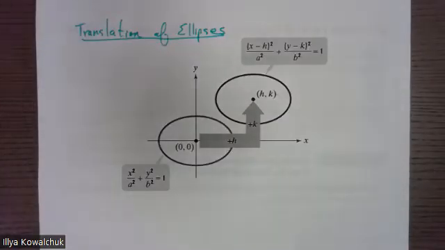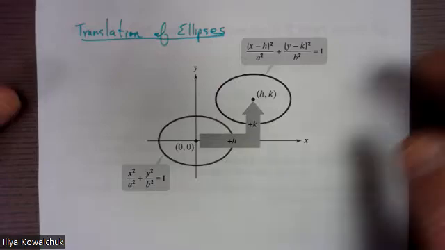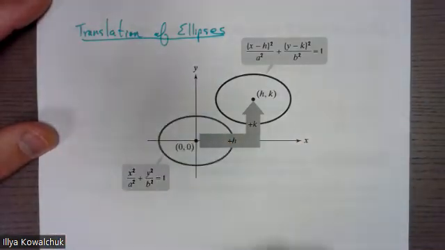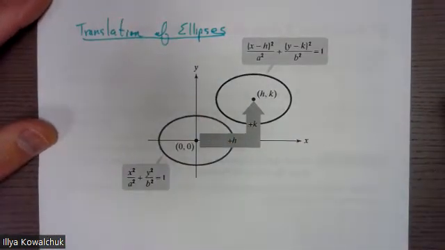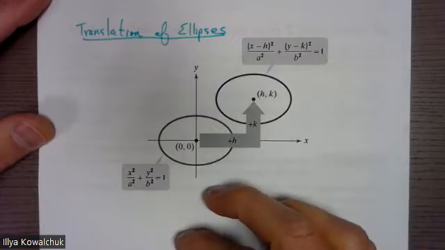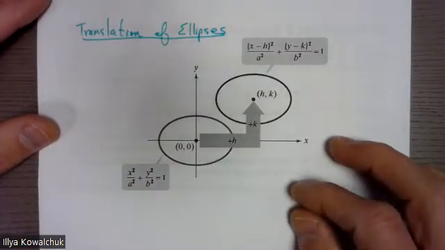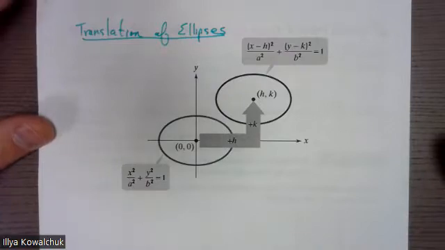What's up, everybody? So, for today's lesson, we're going to finish up the section on ellipses. I got three problems I want to show you. The first one is translation of ellipses. We did this in second period, but not in first. So if you feel good on this in second period, you can skip ahead to the next part of the video, or you can rewatch this and just get a